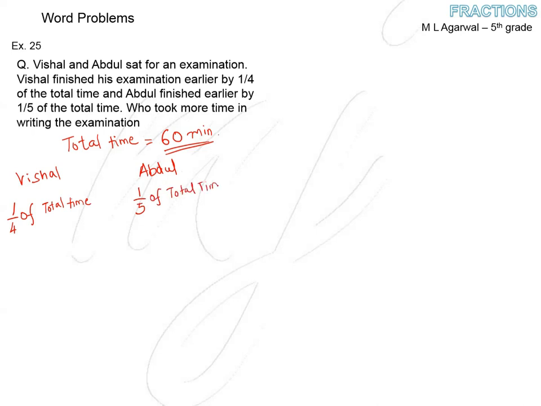Now we have taken total time as 60 and we can say it as multiplication. So we can write this as 1/4 into 60, correct? And we can write this as 1/5 into 60. So if I divide, 4 ones are 4, 4 ones are 4, I get a 2 carry, 4 5s are 20. Now I can do it here also, 5 ones are 5, 5 ones are 5, 1 carry, 5 2s are 20. So Abdul took 12 minutes,